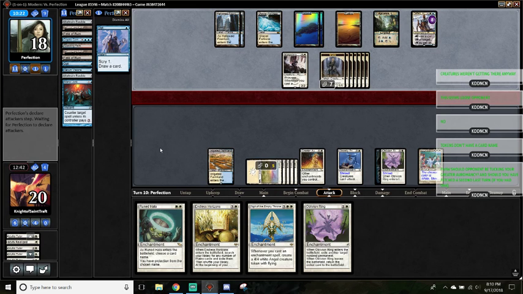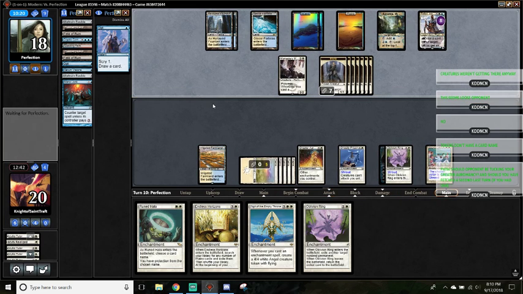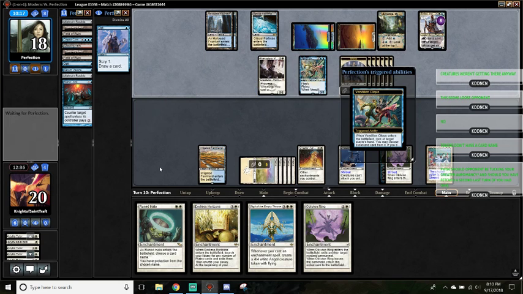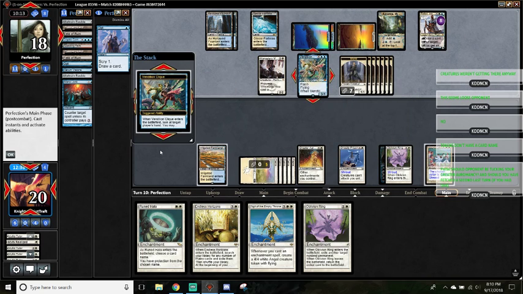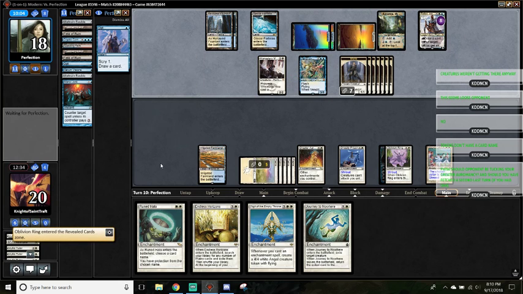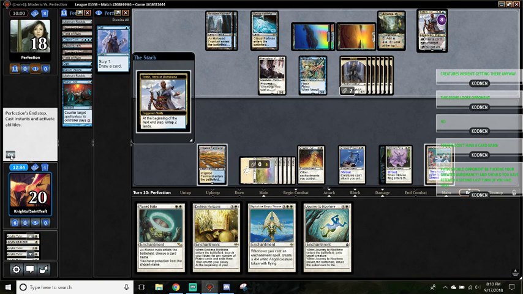I should have brought in another Greater Auramancy. I didn't think about it. Vendilion Clique. That's pretty good. Probably going to tuck my Oblivion Ring. Yep. At least I got Journey to Nowhere to get rid of this Vendilion Clique, but...